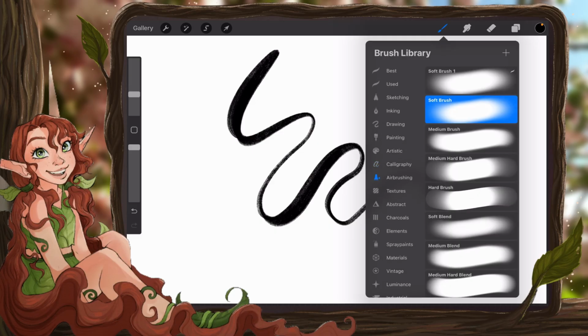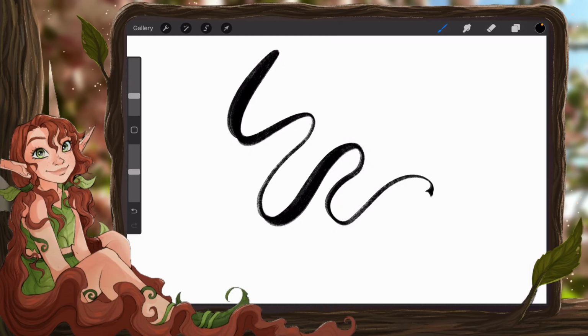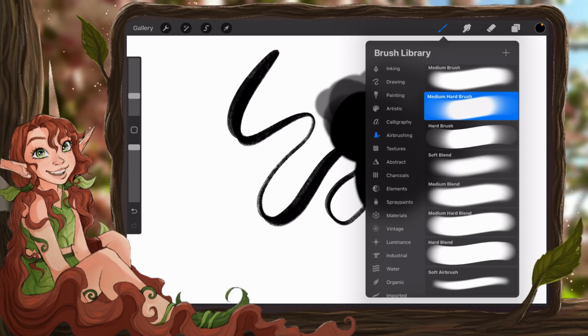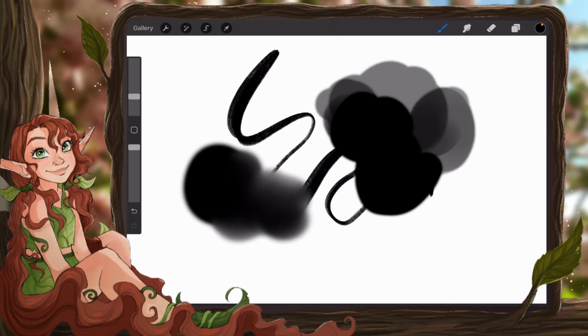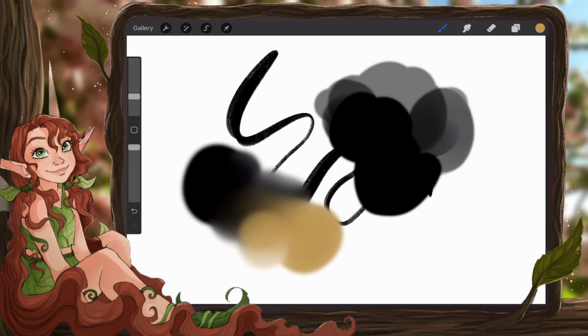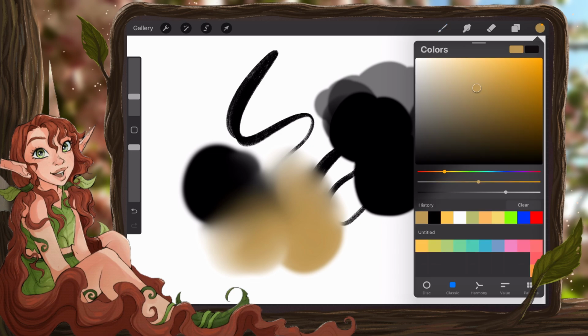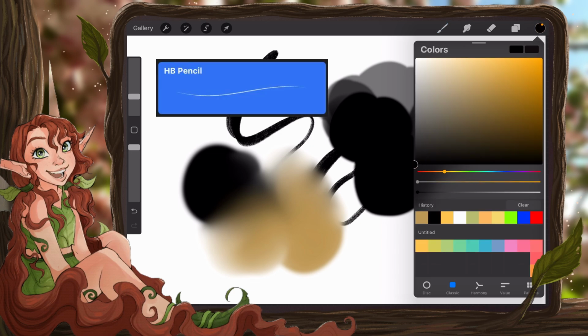So if we go to airbrushing, there's the medium hard brush and the medium blending brush. And if you have another color, it will kind of blend them a little bit and just have a bit of a softer look. Another brush that I use is the HB pencil brush, and I use that the most